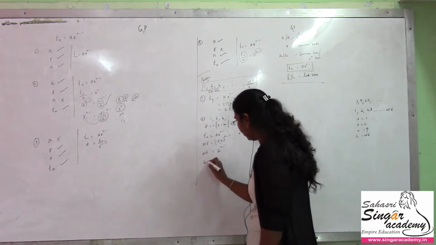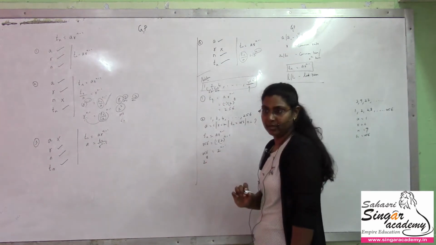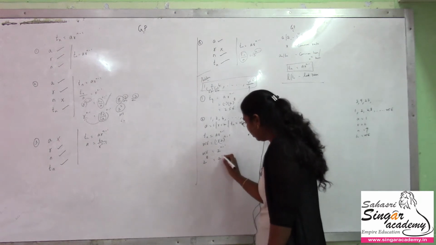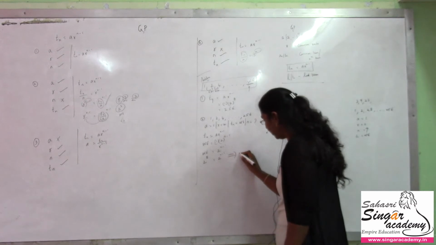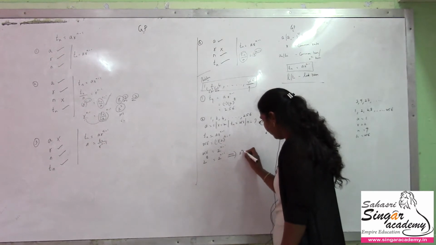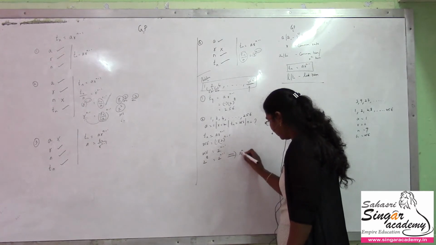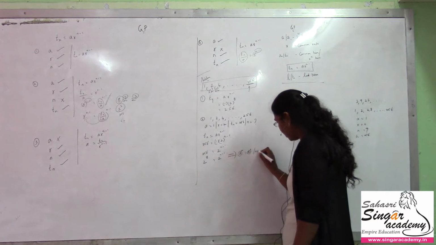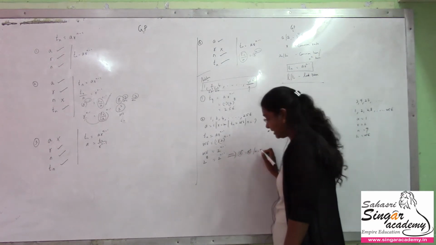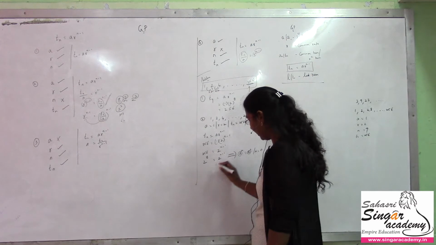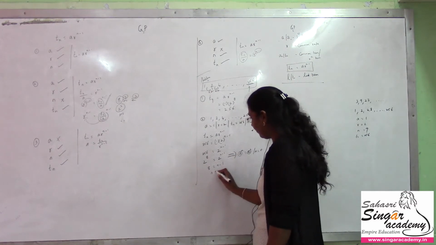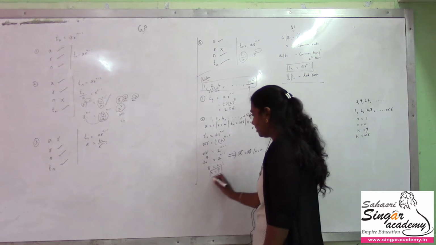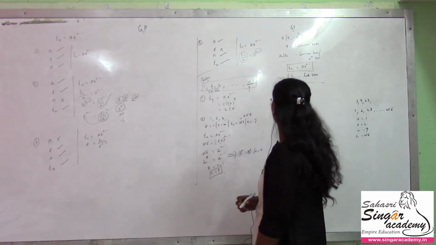256 எப்படி ப்ரெசென்ட் பண்ணலாம்னா 2 power 8 ப்ரெசென்ட் பண்ணலாம். ஓகே. And this is nothing but 2 power n minus 1. Indices la or law namalukku theriyum. We have a power m is equal to a power n. The base is same now, m has to be equal to n. Power has to be same. So 2 power 8, 2 power n minus 1 now. 8 is equal to n minus 1. So this n value is 9. This is how we can break the problem.